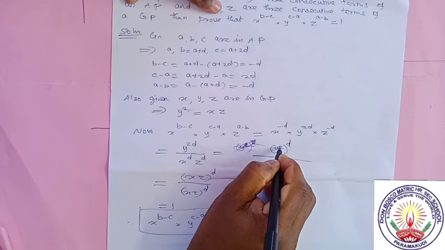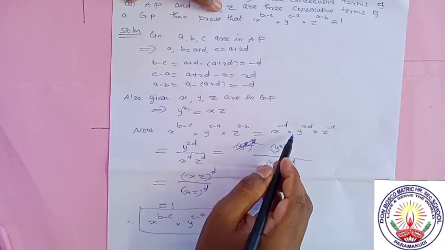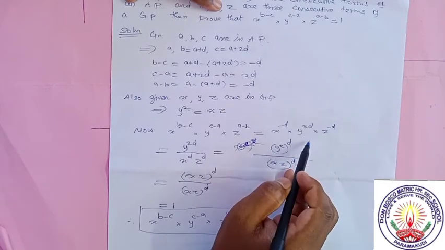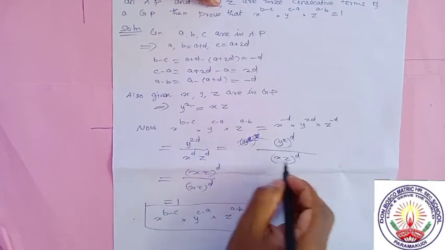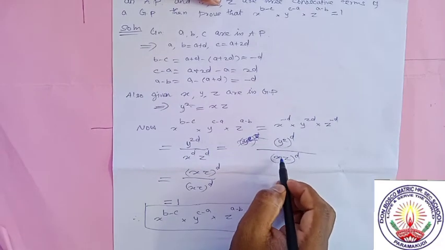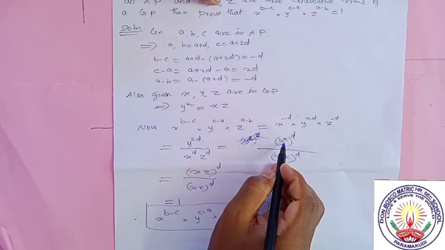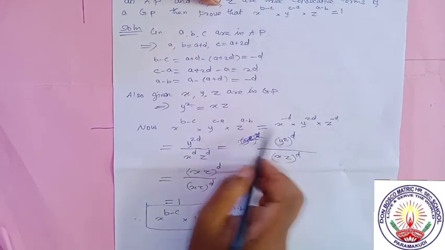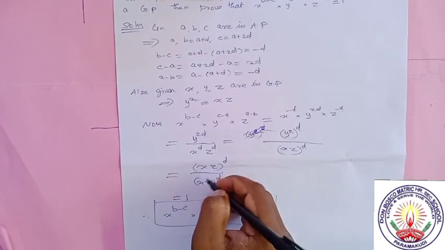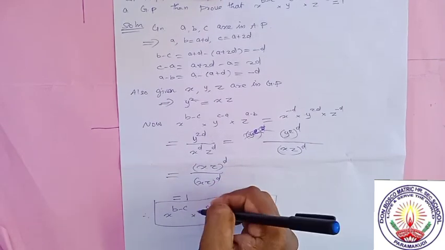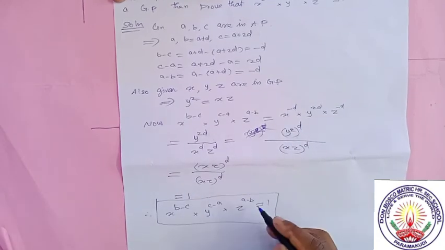This is Y square. Take the left hand side, apply the suitable values, power minus, bring to the denominator. Since the powers are equal, we can write X Z whole power D. Above, Y power 2D, we can write as Y square the whole power D. Since Y square is equal to XZ, we can apply this XZ whole power D. Here also XZ whole power D. Both numerator and denominator cancel. The answer we get is equal to 1. Therefore the left hand side is equal to 1.